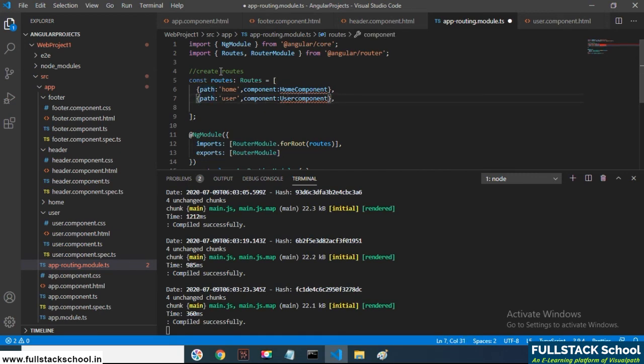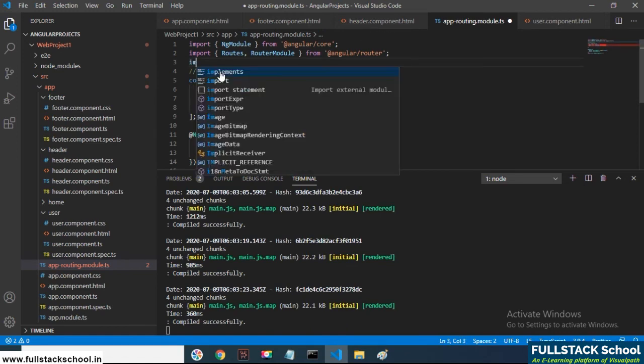Here we have only created two components, that's why we are using only two components, and these need to be imported.